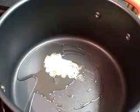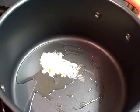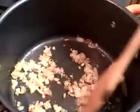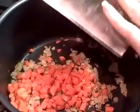The olive oil and butter are starting to come together in a medium-high pot, and then I'm going to saute the onions and garlic in that. The onions and garlic have started to get soft and brown up a little bit. I let the onions go for a couple minutes before I put the garlic in so that the garlic doesn't brown too much. Now I'm adding my carrots,